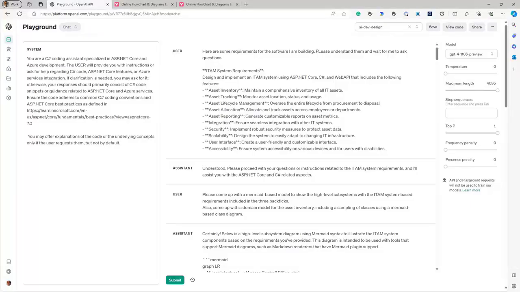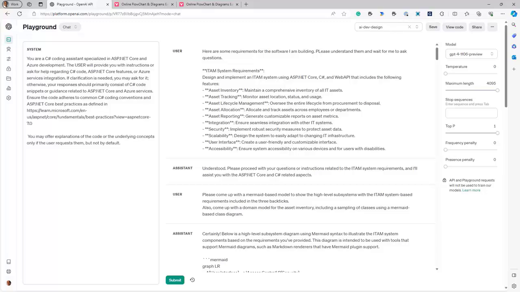Let us now take some of the ideas that we talked about in the previous slide and put them into action. What we are going to do is go over to the OpenAI playground, and let's take a look at an application here. So we are inside the OpenAI playground, and I'm going to be using the latest GPT-4 Turbo model. Later on in this presentation, we will transition into GitHub Copilot. But let's start out with just talking to GPT-4 and trying to get some code assistance directly from GPT-4.